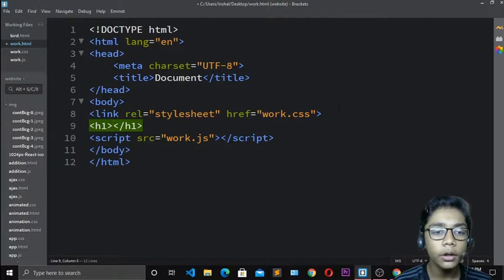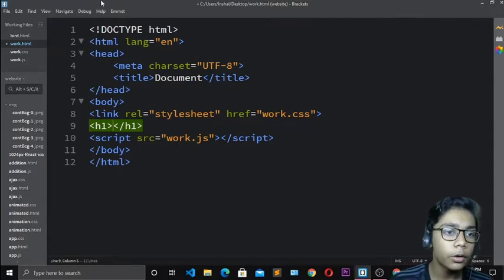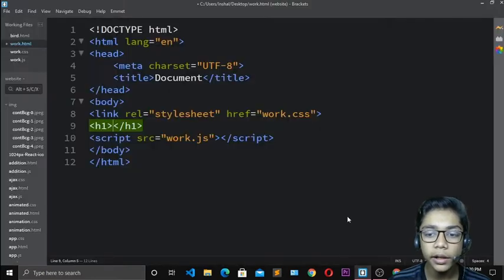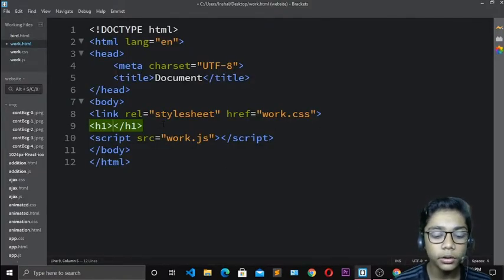First of all you have to write h1. When you press tab, it will expand, and this is with the help of the Emmet tag. You can download it from over here. So I will close that, and now here I will do my work. I will write Flappy Bird project.